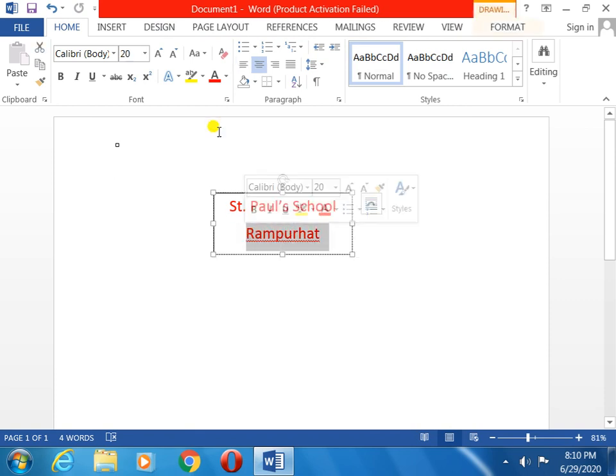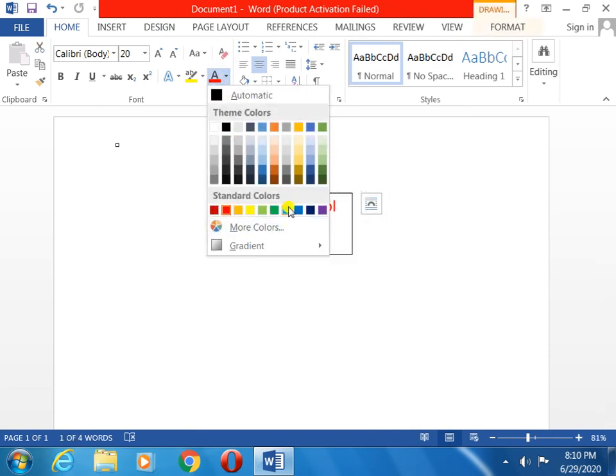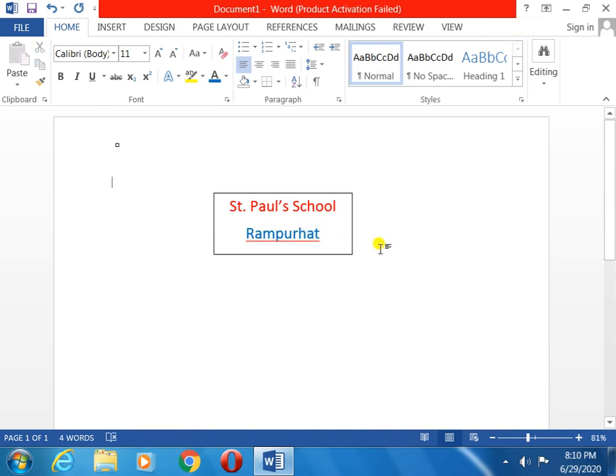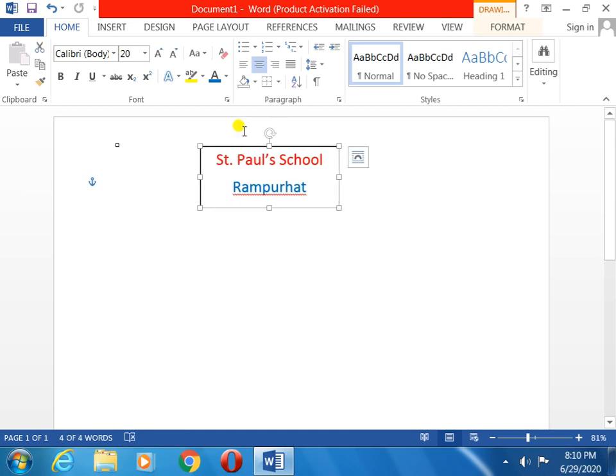If you think only Rampur Hat, you can change it. Clear? See, this thing is called the paragraph text box. This sign you can put anywhere. This is how to insert a text box.